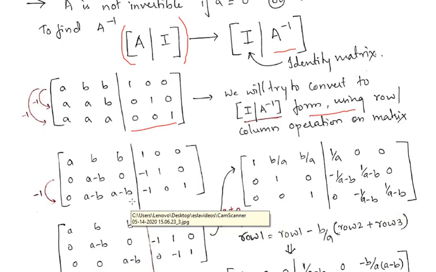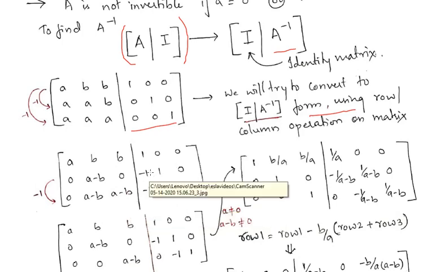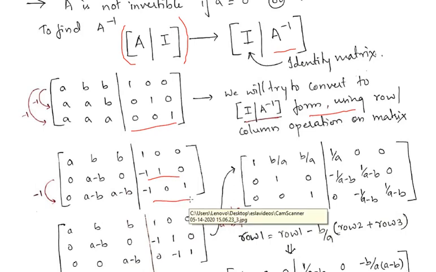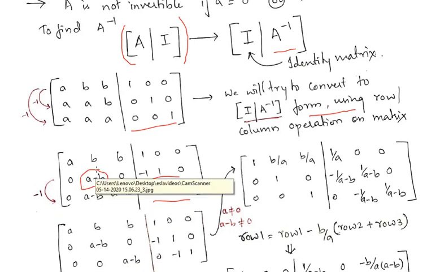Okay, so now you can see here we have done the row operation on this identity matrix also. See, it has changed. So now it doesn't belong to the identity matrix. Okay, so what we are doing, again we will perform one more row operation, keeping the second element as a pivot, and we'll try to make this 0. Okay, what we'll get here?